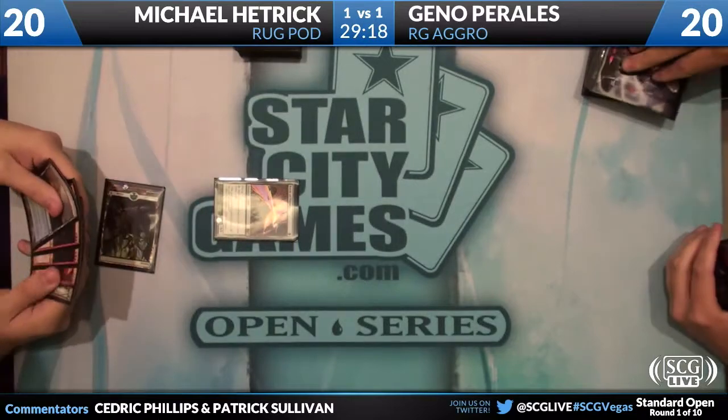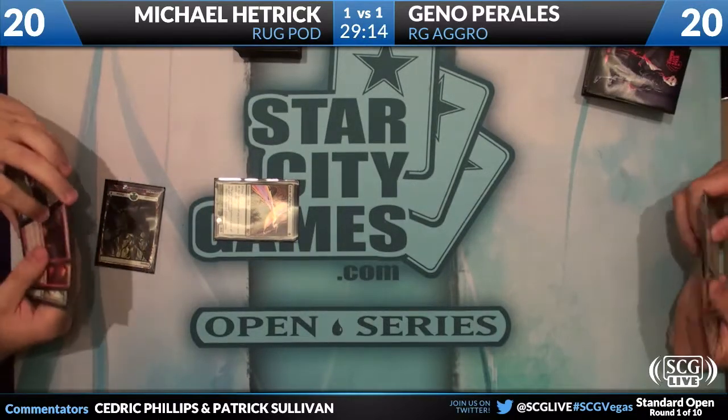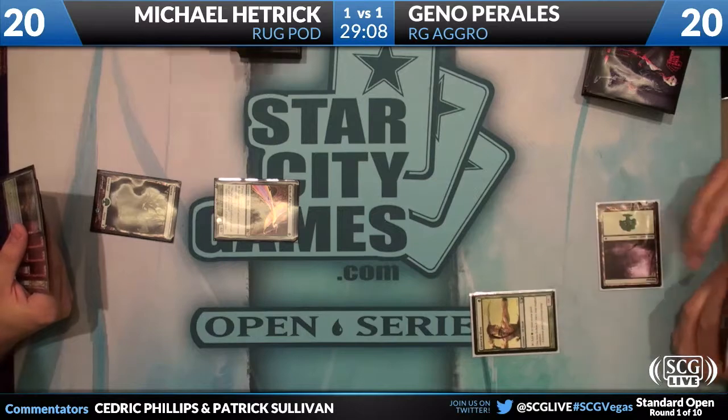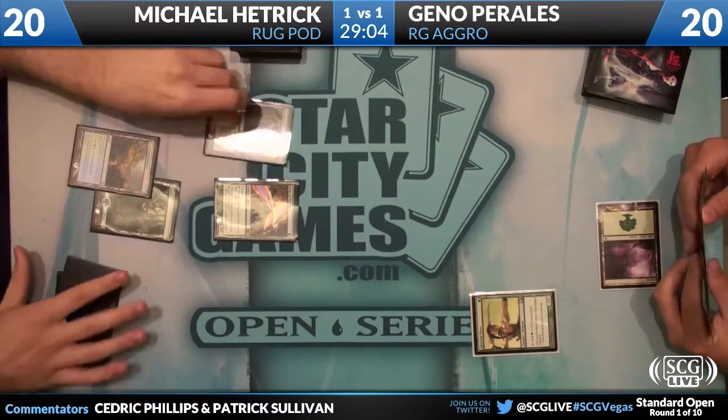So it looks like we're both keeping 7, and Mr. Hetrick is off with a Birds of Paradise. His hand looks like a bunch of red cards, a forest, and a blue-green land. So if this bird gets killed, he might not be able to cast very much. And he just ripped a pod, so...